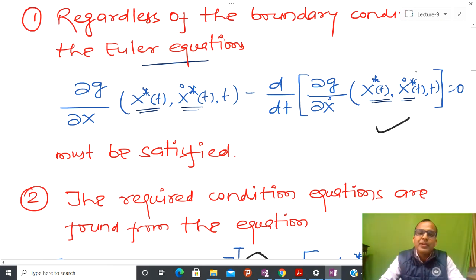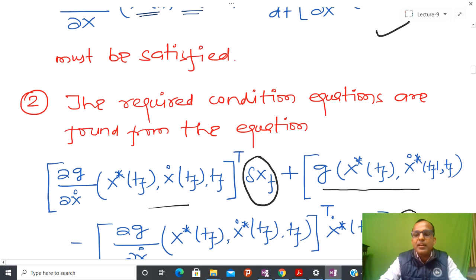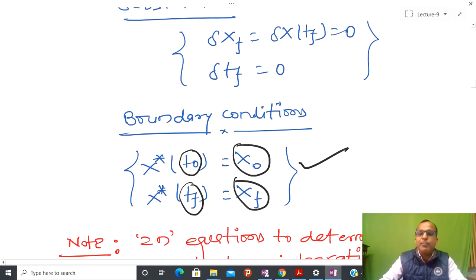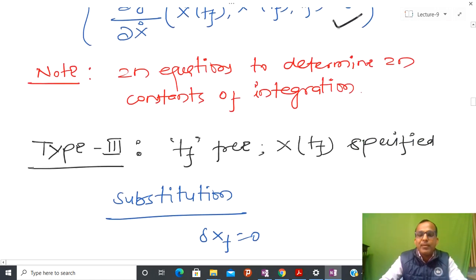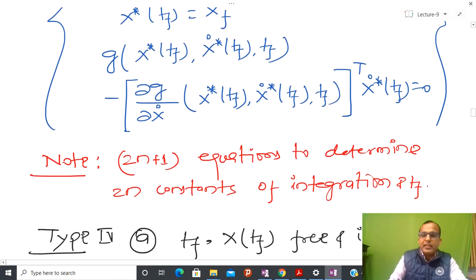and if you know the Euler equation, then you are able to solve any kind of problem that is associated with calculus of variation, provided, again, what is our assumption, that x is continuously differentiable. So under that situation, just these two things give us a lot of room to solve any kind of extremum problem, that is, extremization of some functional. So due to that reason, this kind of equation comes into picture.